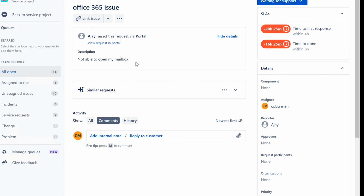Now, I wish AJ was a little bit more specific on what kind of error that is. Whenever you get an issue that's vague like this, you need more information. So what we're going to have to do is first contact the customer, in this case AJ,